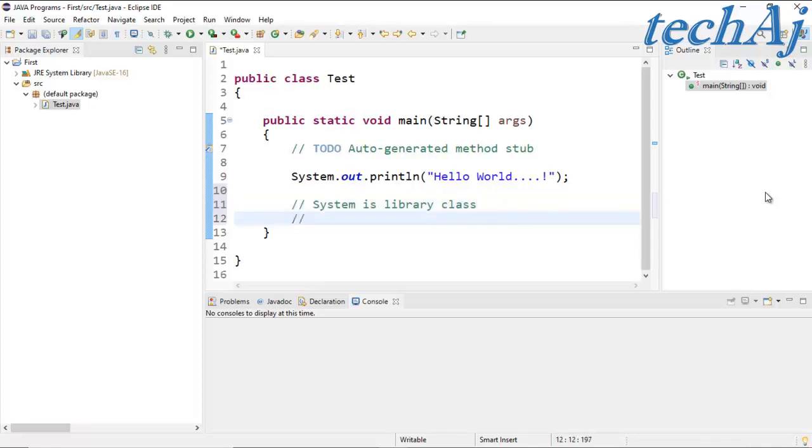This library class has out as an object of the PrintStream class, and println is a method of the PrintStream class.